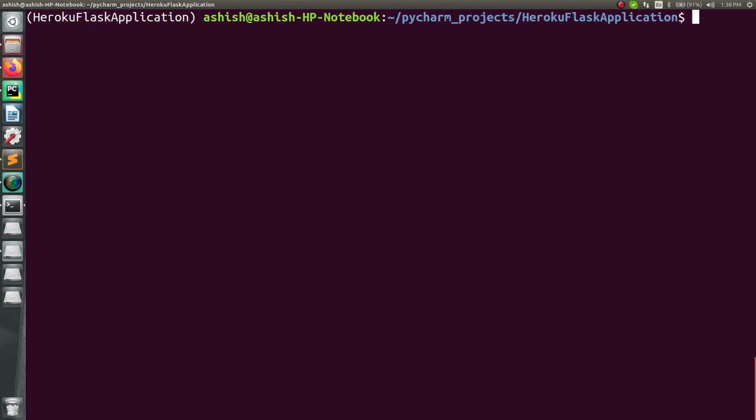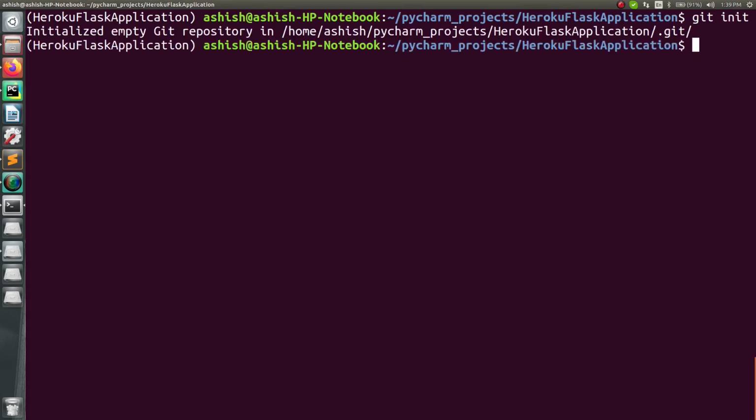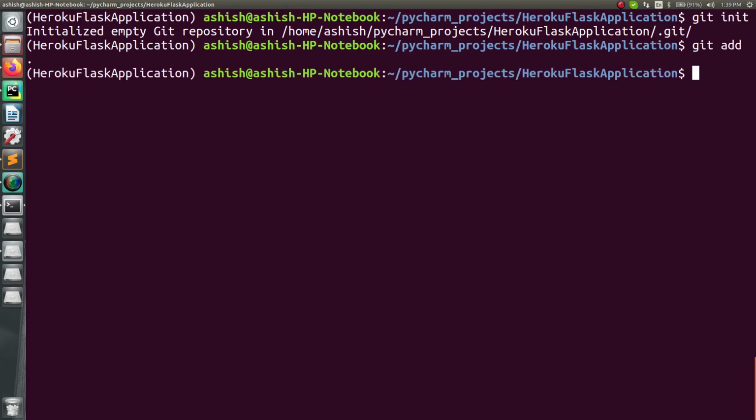For that, I have to add this complete project as a Git repo, right? So I will be creating a Git repo, and let's initialize that. git init, right? Press enter, and I have created this. Now after that, I git add everything. I have written simply git add dot, which means whatever you have in the current directory, all the things should be added onto your Git repo.